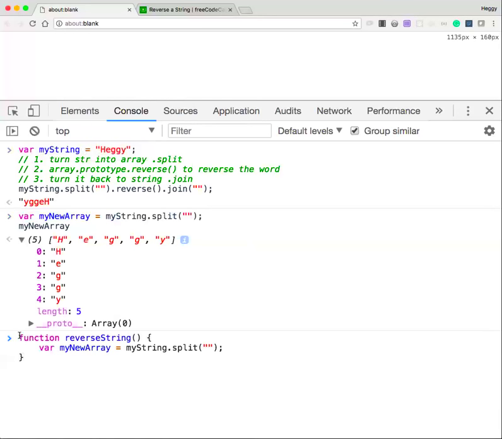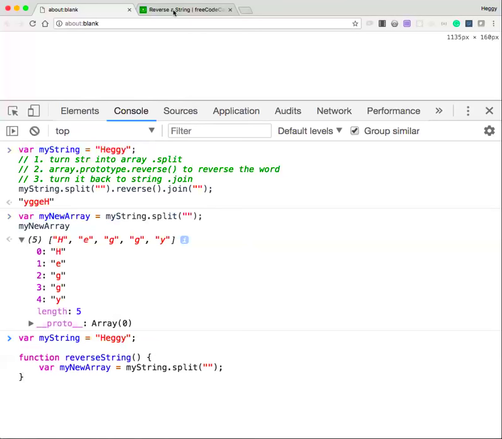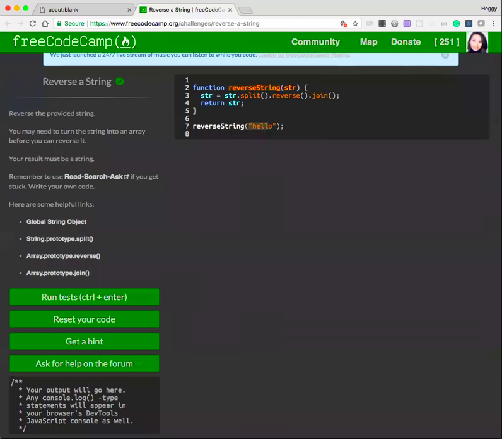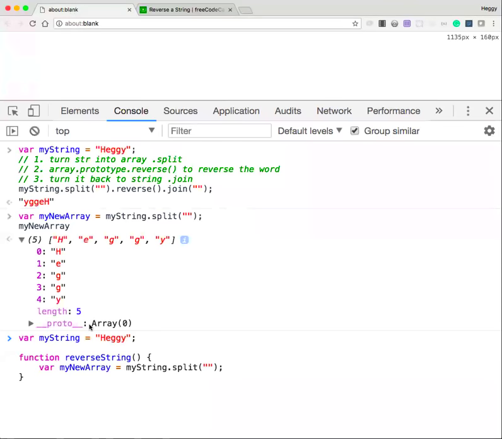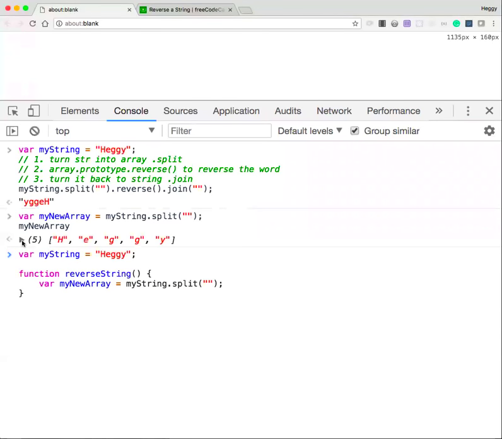And we know that my string is given. It's a given thing, because you give the "hello" here. So now the step is to turn the given string into an array, with no spacing. Next,